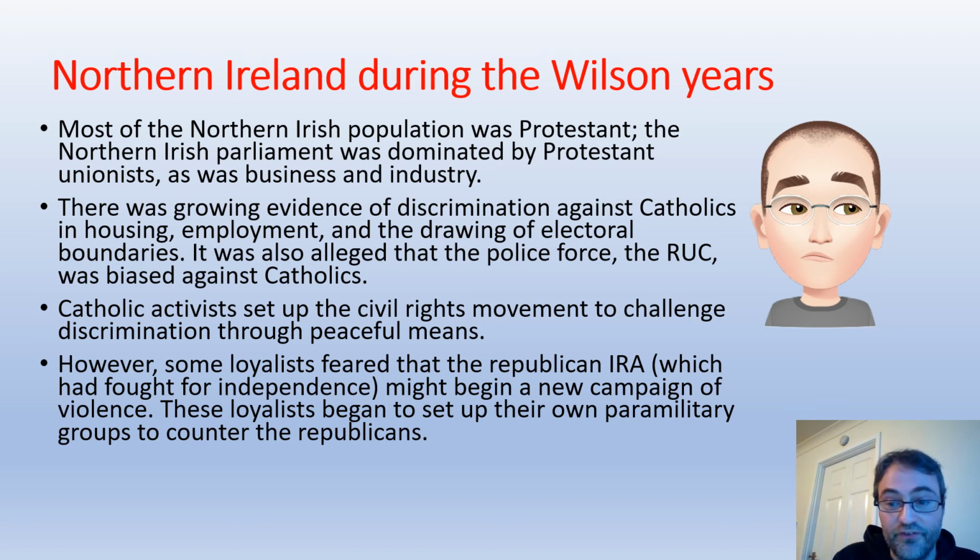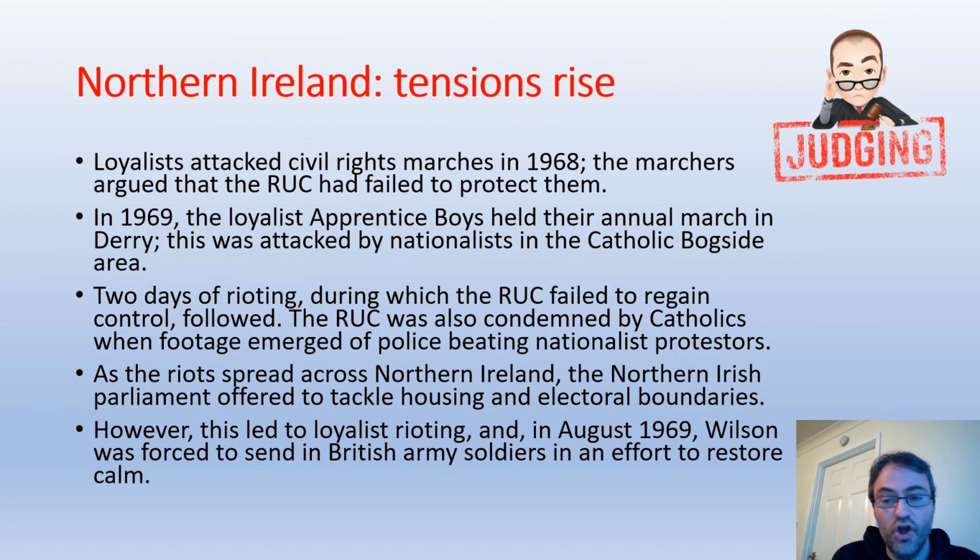So what the loyalists do, almost as a kind of preemptive strike, is set up their own paramilitary groups. A paramilitary group is not an official army, but clearly it looks like an army, it's weaponized, and they say, look, we're simply getting ready so that if and when the IRA does come back, we will be able to stand against them.